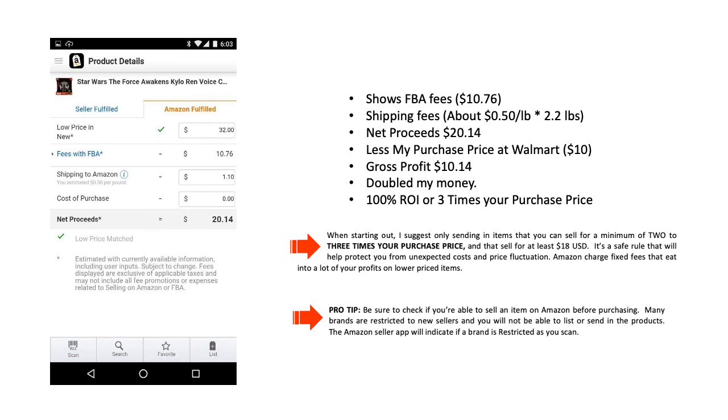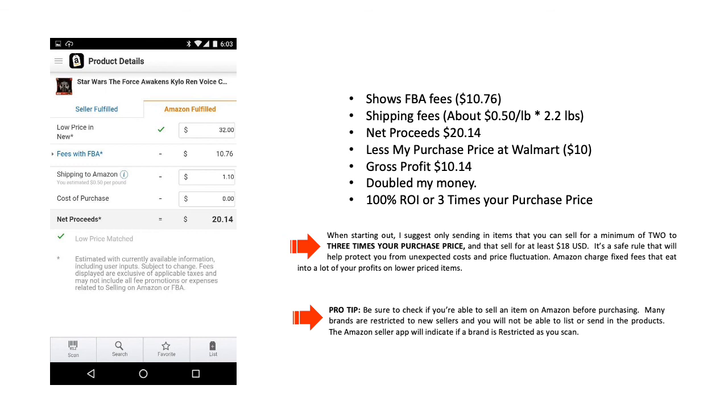When I click on the item, it actually brings up another screen that shows me the dimensions and the weight of the product. So in this case, this mask weighs 2.2 pounds. So my shipping fees, I estimated about 50 cents a pound, and that's what it would cost me to ship this into Amazon. If you buy more volume, that can drop a little bit, but on average for a small seller, 50 cents a pound is about right. And so if you take out the $32 sell price, less Amazon's fees, less the inbound shipping of $1.10, I'm left with a gross profit of about